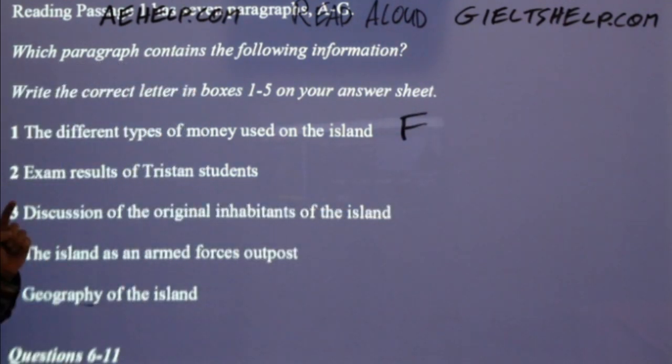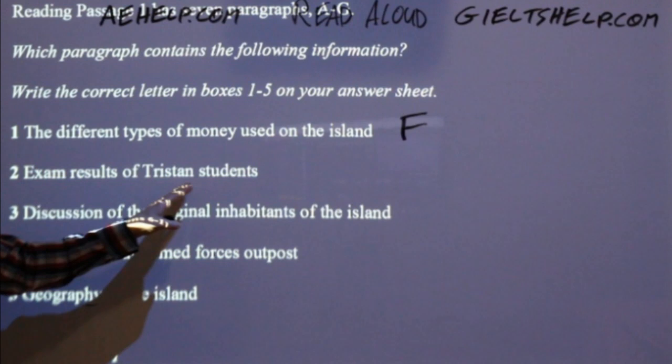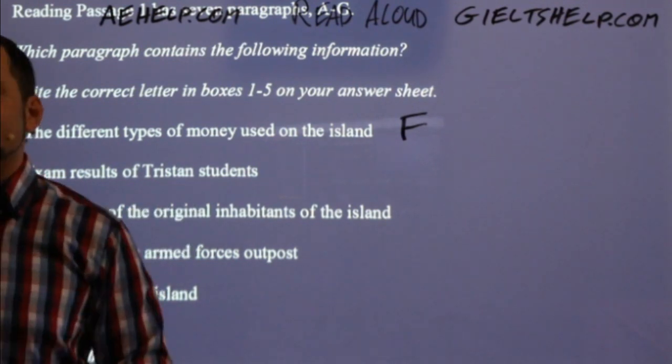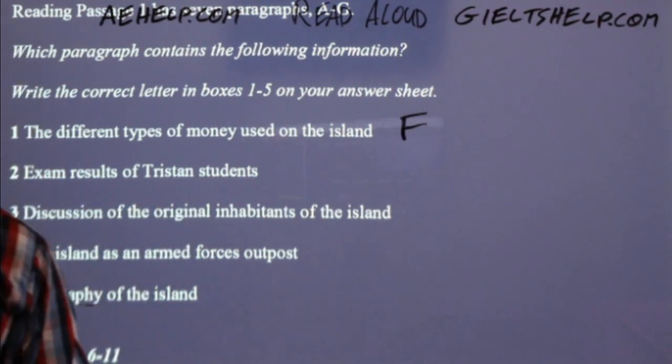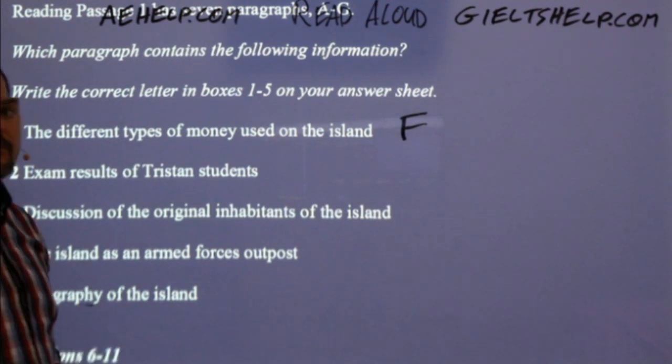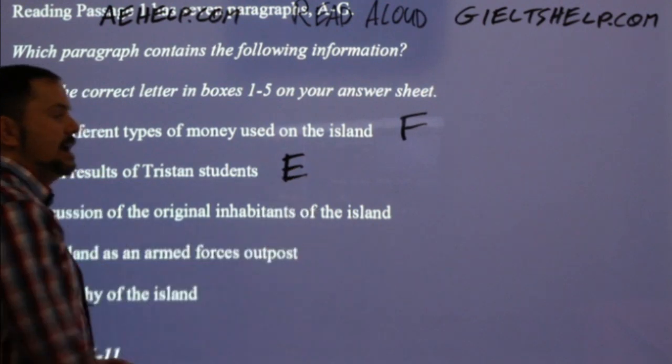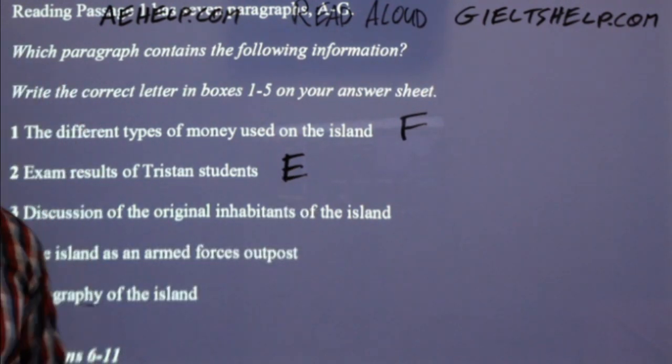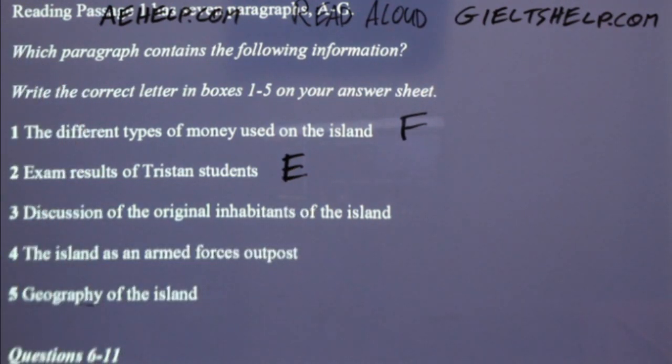Now watch how cool this strategy is, because it becomes really effective at this level. So, exam results of Tristan students. Which one is that? By looking for the currency, the potato, we've re-identified a couple more points just now. So which one was the exam results? Yeah, the passage about education, which came just before. Roshni says it's E, correct. So it's F, it's E. Very good, Hassan. Absolutely. Great.